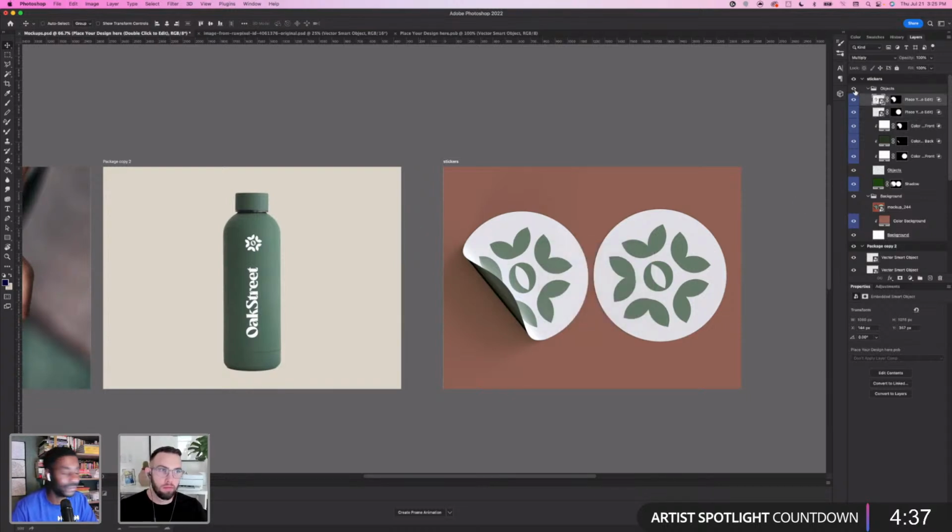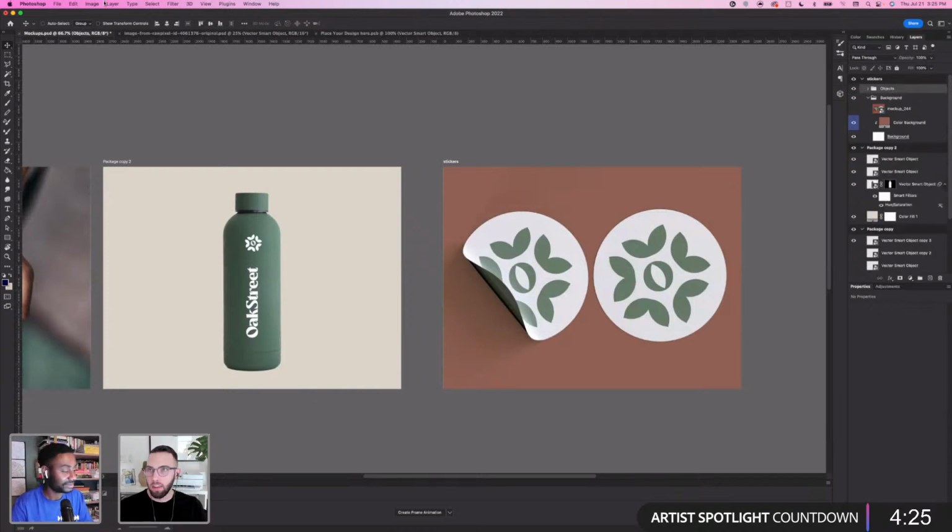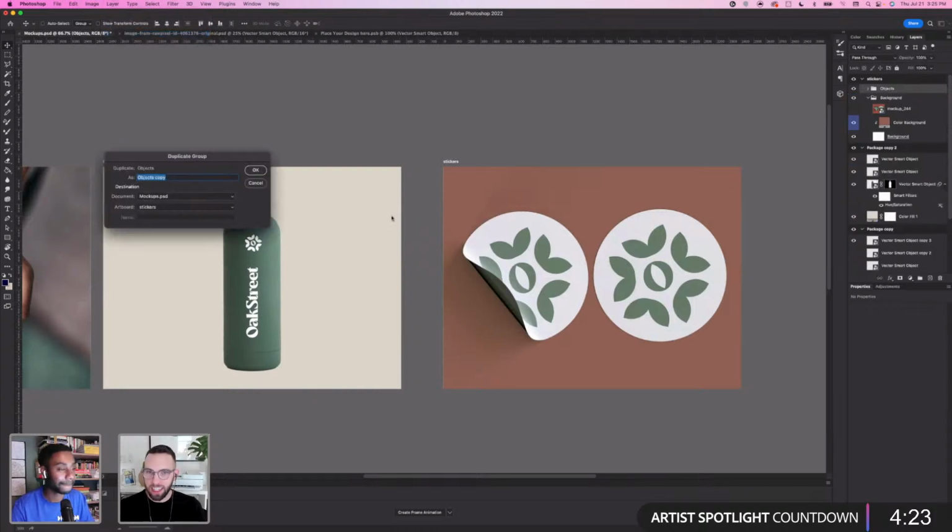So yeah, we got a favorite out of the two. We won't do a poll just yet because I know we love our polls, but only because of timing. But by all means, definitely get in the chat what you're feeling: the water bottle or the sticker. Actually, I kind of have an idea,